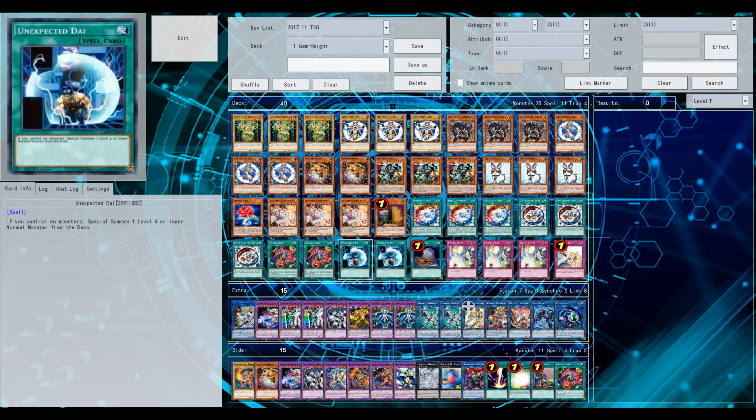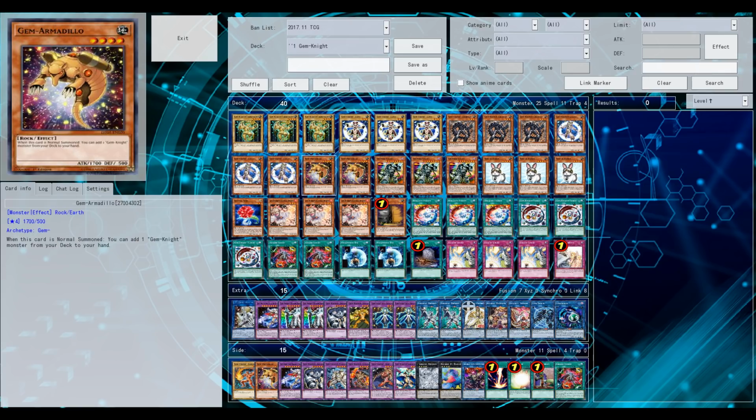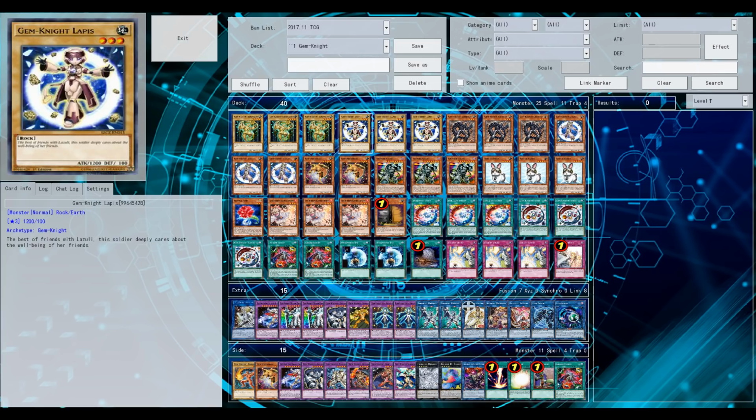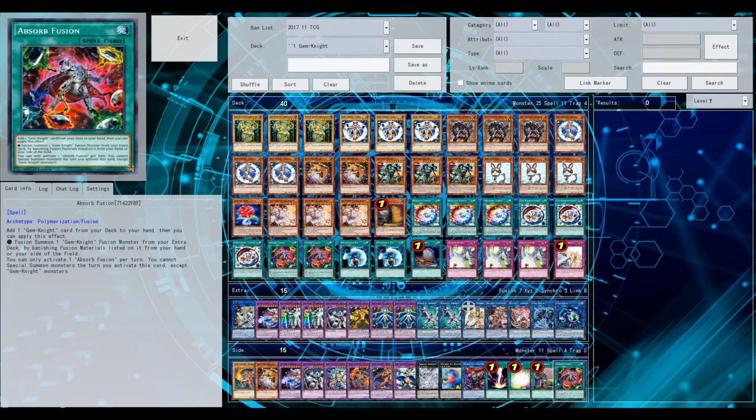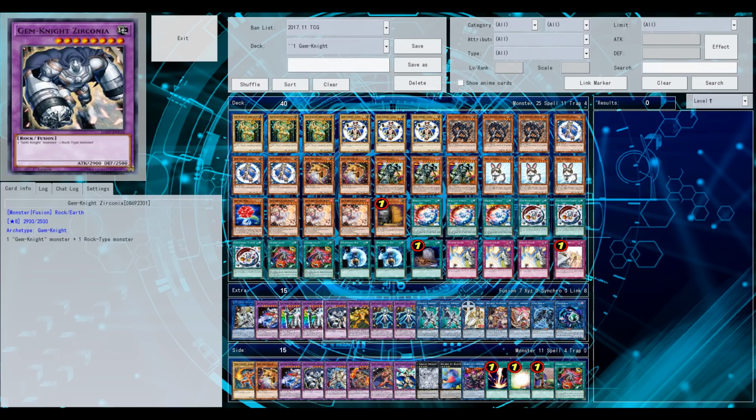Its second effect is also quite busted. Once per turn you can pay 1000 life points to fusion summon any Gem Knight monster from your Extra Deck, and this is crucial, by shuffling the fusion materials listed on it from either your graveyard and/or your banished pile back to the deck. So that's pretty much a free Daiku's to Emerald and a free fusion summon, sending back your Lazulis and Obsidians from your graveyard or banished pile back to the deck